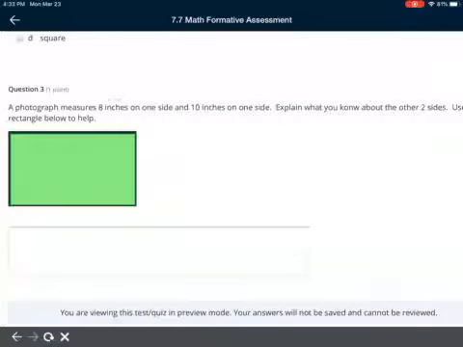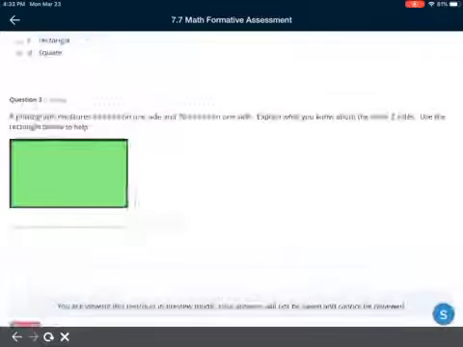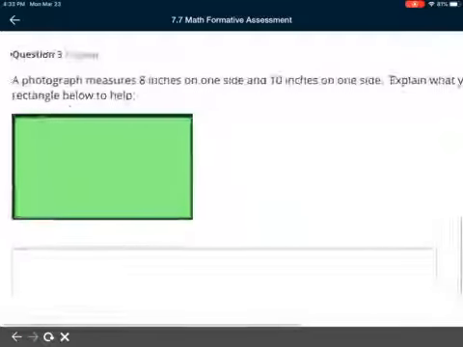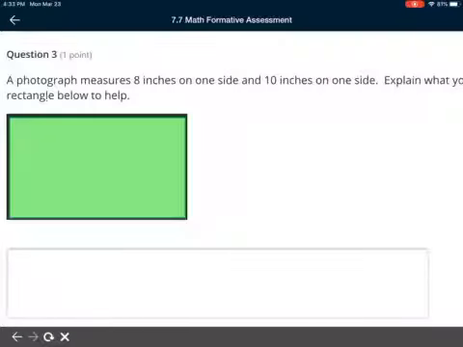Then for question number 3. A photograph measures 8 inches on one side and 10 inches on one side. Explain what you know, and I know the word know is misspelled. Good catch for all those that saw that. Explain what you know about the other 2 sides. Use the rectangle below to help. Well, interesting. So if one of the sides is 8, probably the shorter side, and if one of the sides is 10,